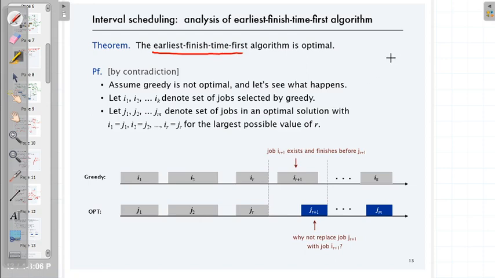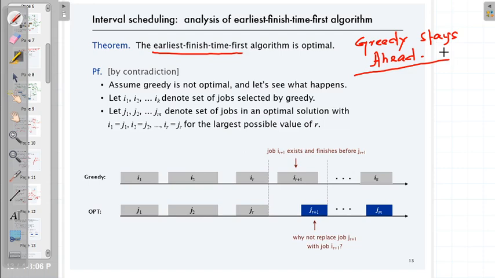So here the idea will be greedy stays ahead. Not algorithm, greedy stays ahead. That idea we will be using, and we will be thinking of it as a thought experiment. Suppose you have designed the greedy template using this earliest finish time, and